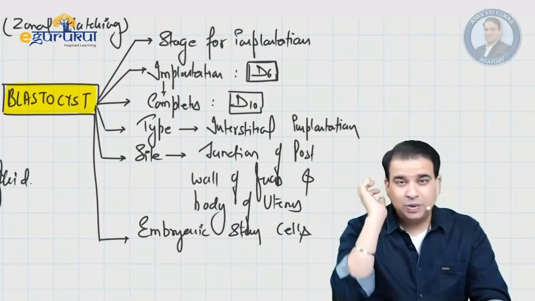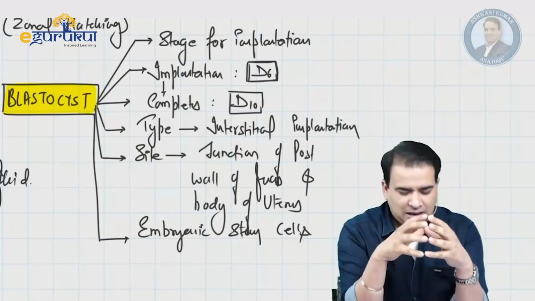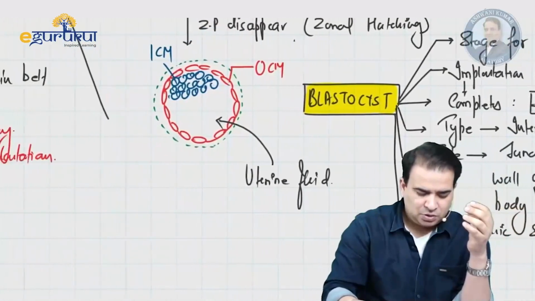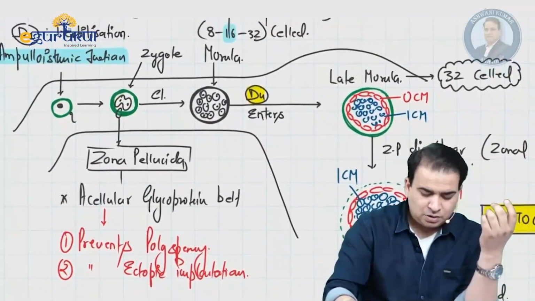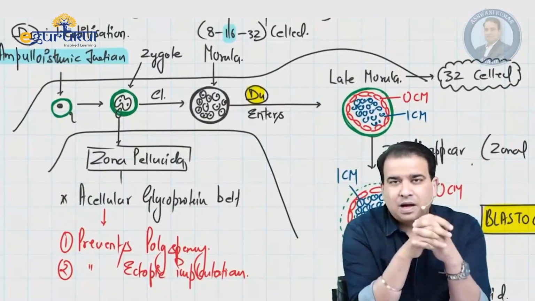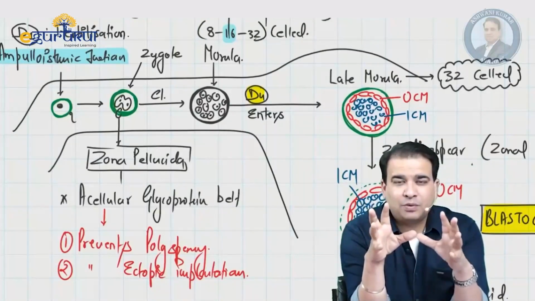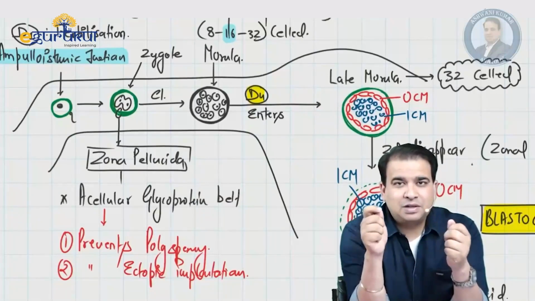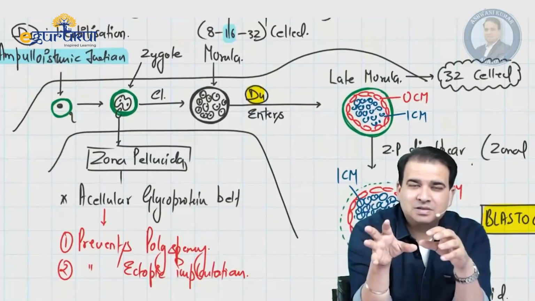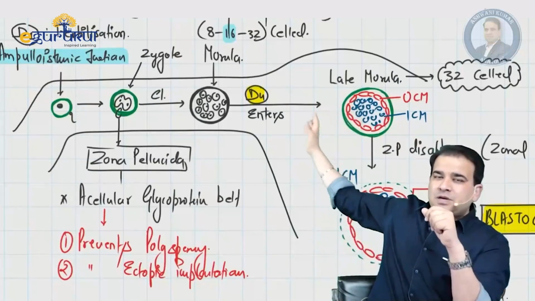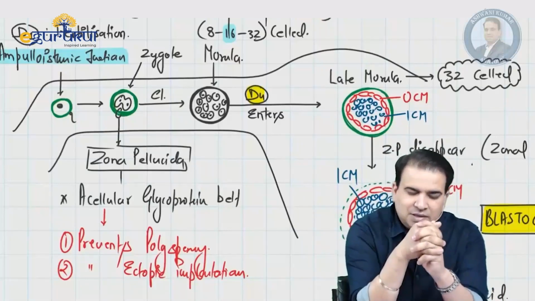So guys, this is about the first week of embryogenesis, in which we just talked about the fertilization and the implantation. And I'm sure by looking at this picture only, you can make out there are so many important questions which can be asked, which were asked in the exam and probably in the future also. And once again, I would like to make you aware especially of that part when it enters the uterine cavity. You've got a lot of questions there. Which day it enters the uterine cavity, the 4th day; what stage it enters the uterine cavity, how many cell stage it enters the uterine cavity. So there are a lot of questions from this part. So just be careful about this region here. This is about the first week of embryogenesis.